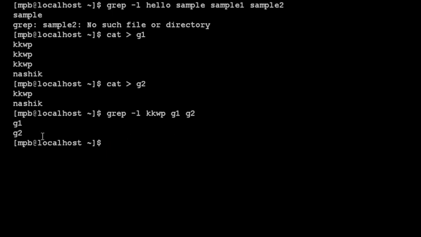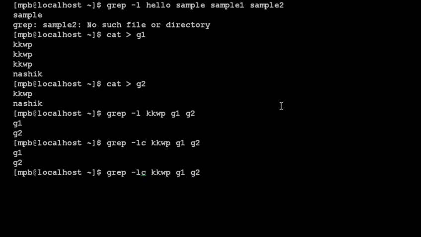Here you can observe that both the files are listed here, and if I use -l as well as c, then it will show me the same output. But if I just use c, then it will show me g1 has 3 occurrences and g2 has only 1 occurrence. So that is the difference between -c and -l. L stands for listing a file in which the pattern is there, and C stands for counting the number of occurrences